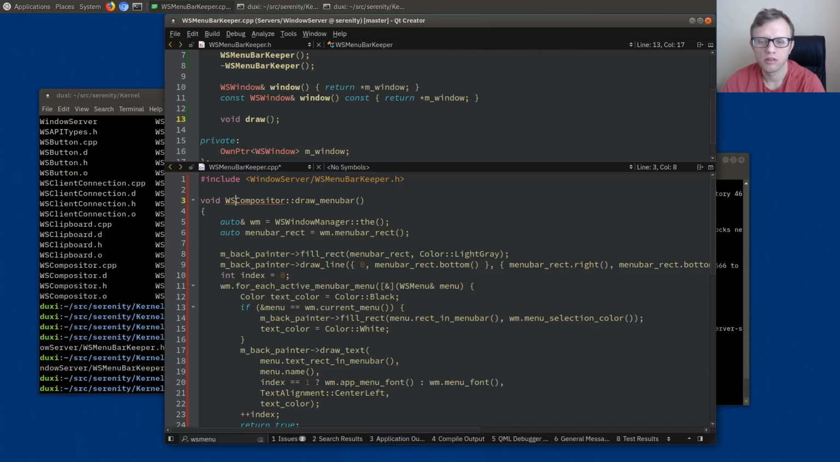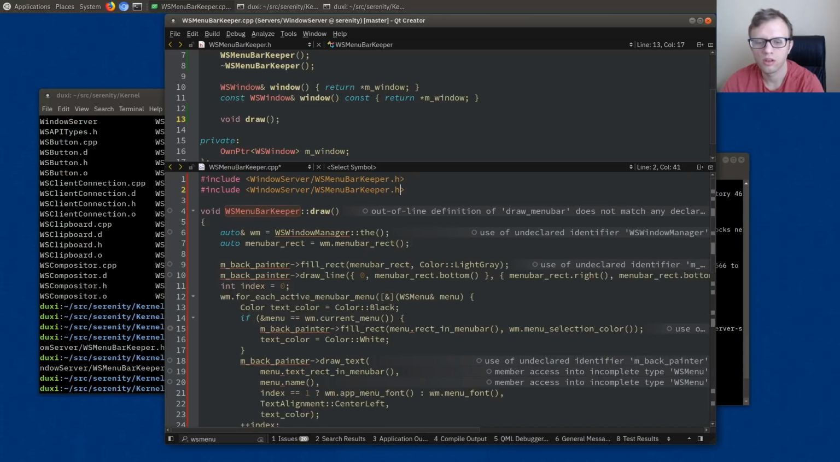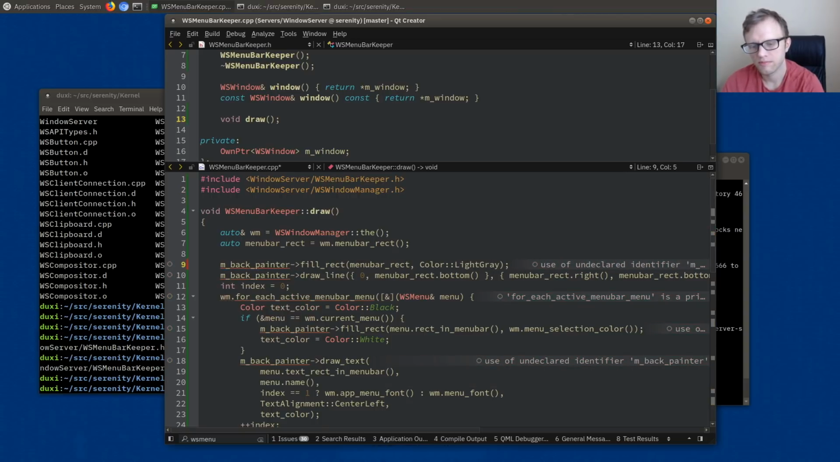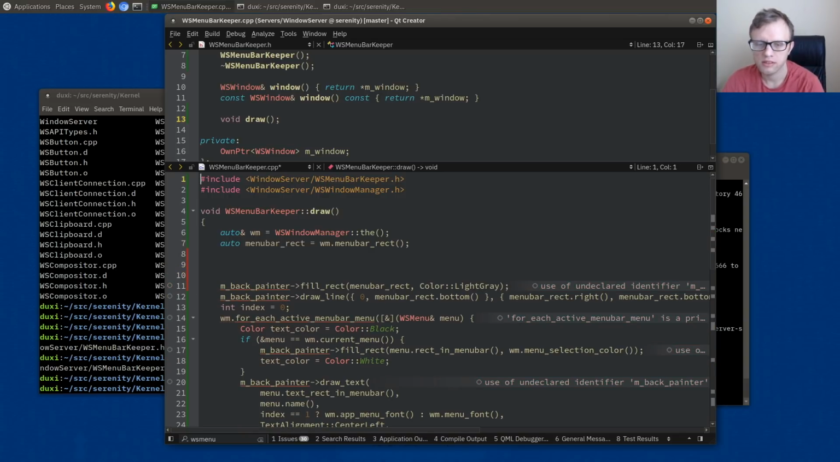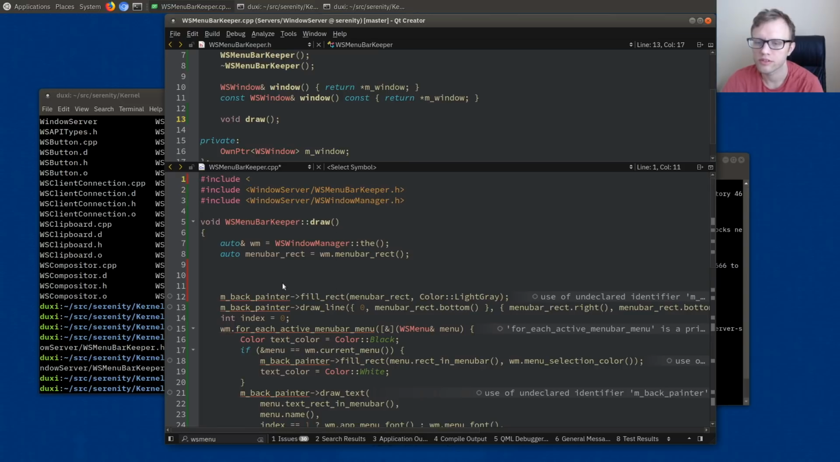Menu bar keeper. Okay, now you just call draw. Window manager. Okay, so obviously we can't just paint into the back painter like this anymore. So let's see, we're going to have to make a new painter. First we have to include shared graphics painter. Okay, and then we can make a painter